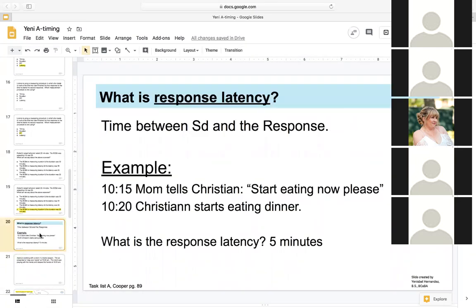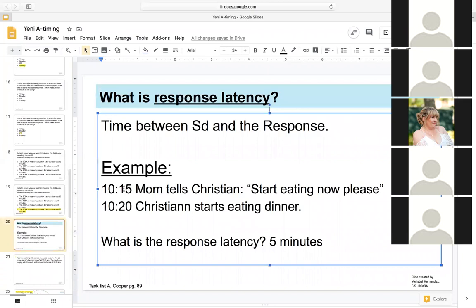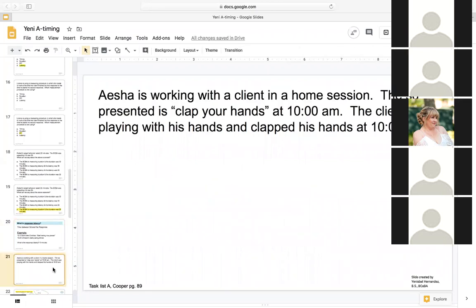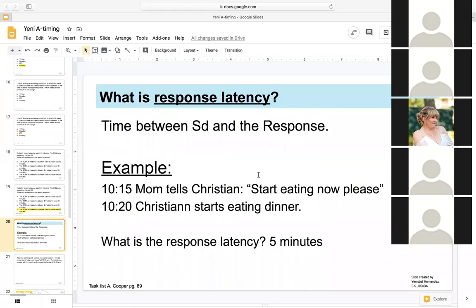Right now, you just want to know if you know latency, right? So if you want to know if you know latency, then you would either ask, what is latency in this scenario? Or you could ask, from the information given, what measurement procedure could she either use or collect?